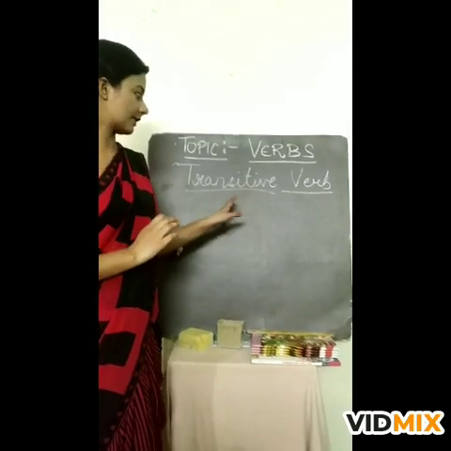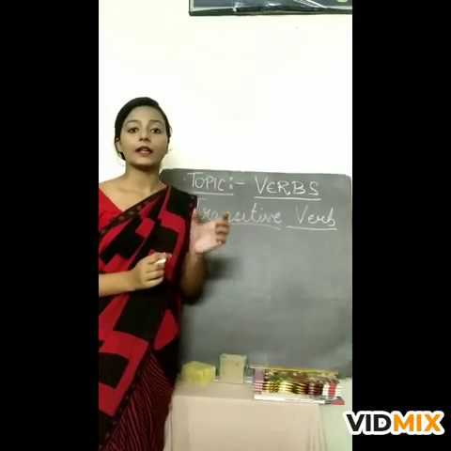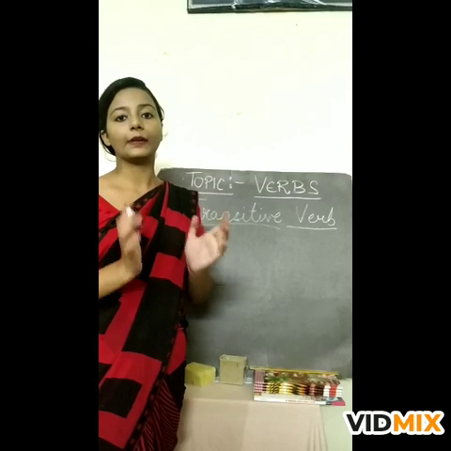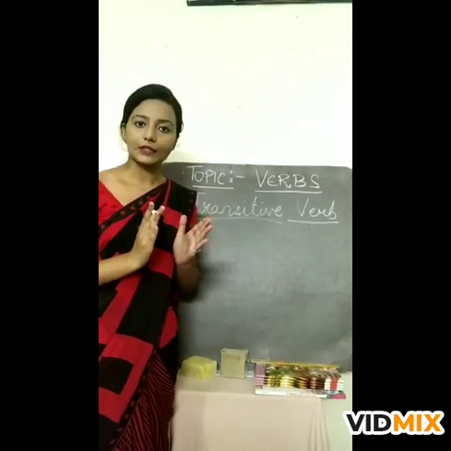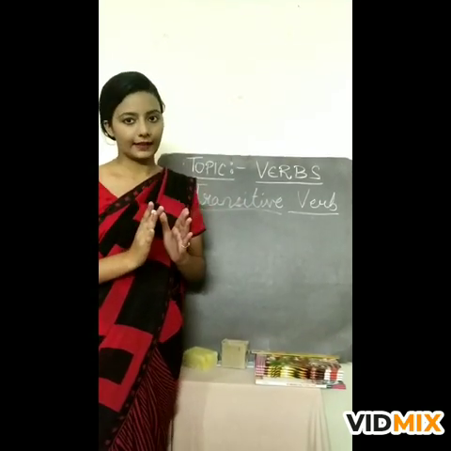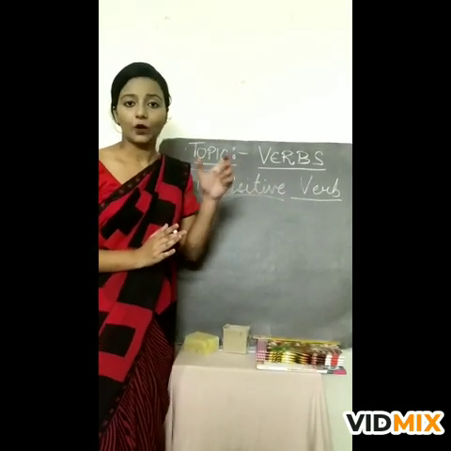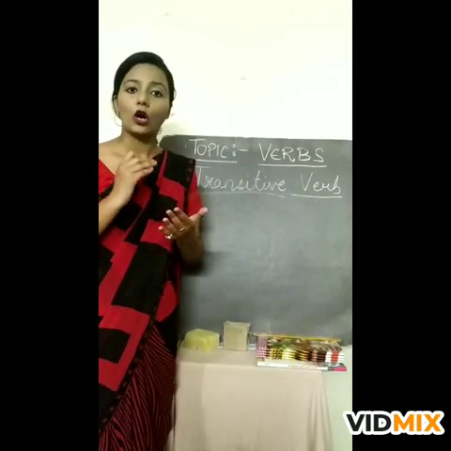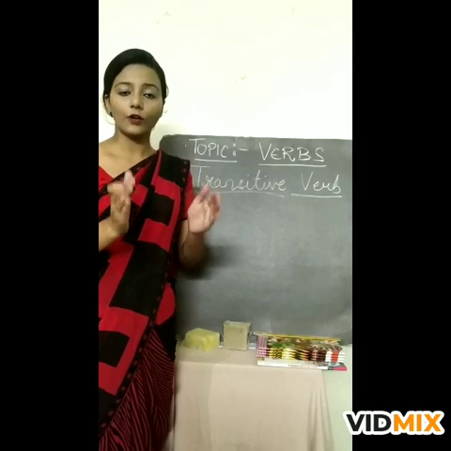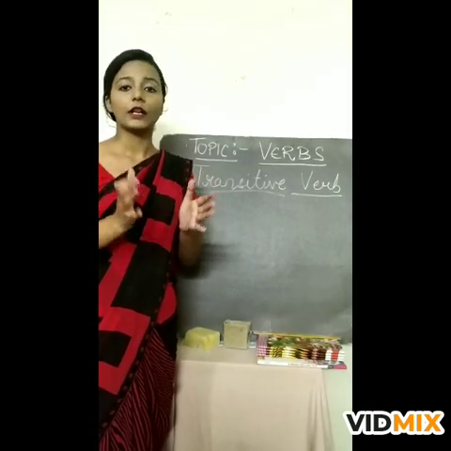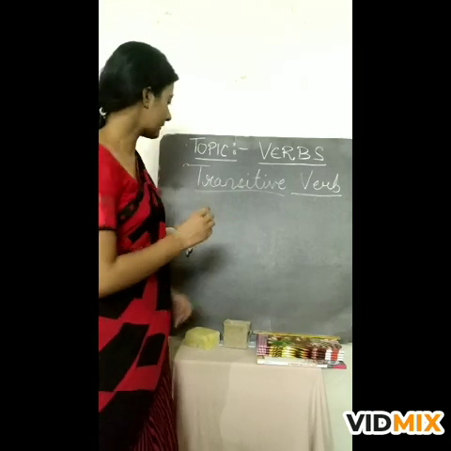Students, the transitive verb requires an object to complete the full sense of that particular sentence. That means in sentences with transitive verbs, we need an object for the full, complete sense. For example,